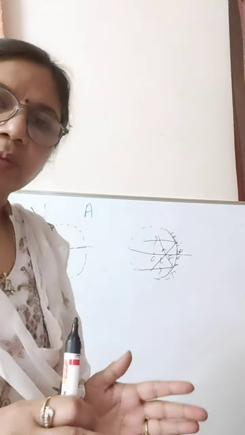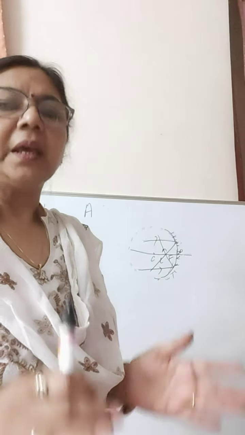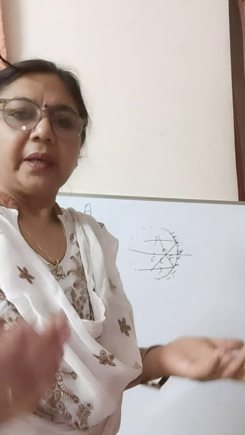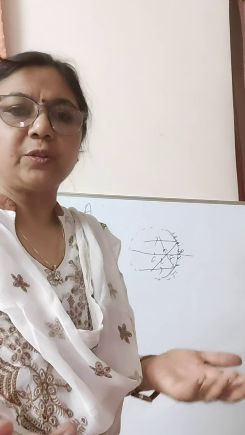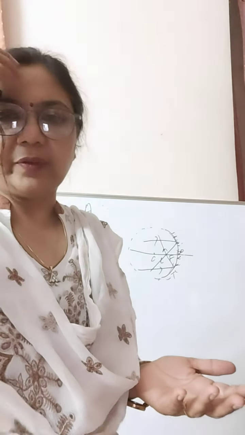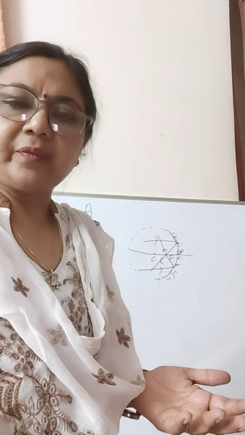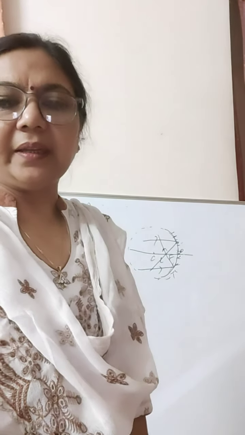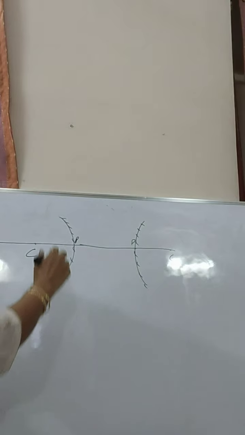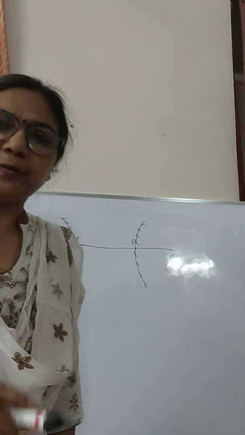Now before going further, we should know how to draw the images. For that we should know the rules of images. Like we have done the rules of reflection, the same way here also there will be rules of reflection. With that, what are the rules: in which direction will rays go, how will they meet, what will happen, and how can we find the image? For that we should first know the rule of reflection. For the rule of reflection, I will make a few diagrams and then explain it to you. Now for this, how the different rays will reflect.